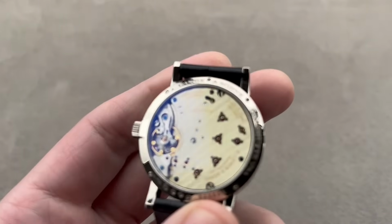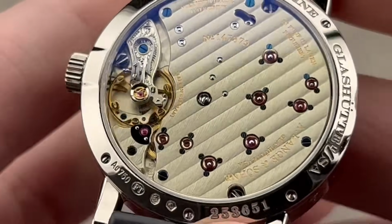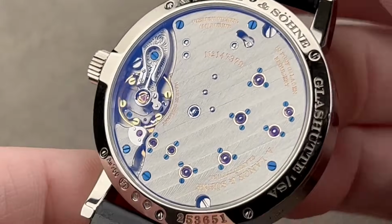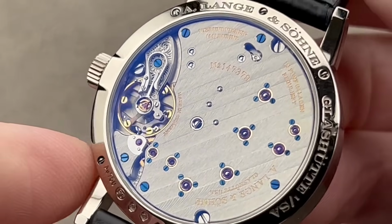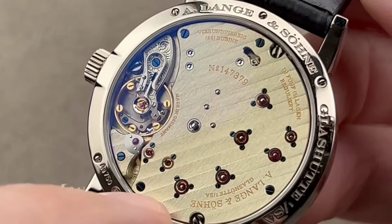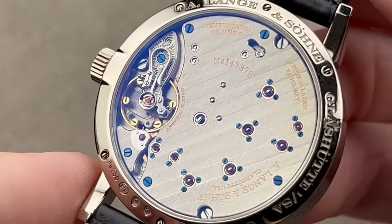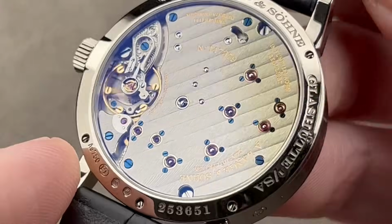Now, a little giant that's going to knock your socks off. You've seen Lange movements before, and you may even recognize that this is the second generation Lange 1 movement, the 121 caliber that came out in 2015. Bridge architecture is a little bit different. It moves up to a free-sprung balance. The access ports on the 3/4 bridge of the original L901 are gone. And there are other detail changes, but what you might not notice is that this is the L121.2, which means